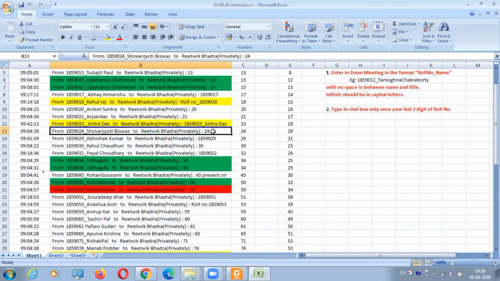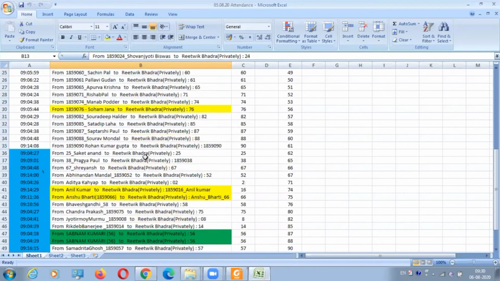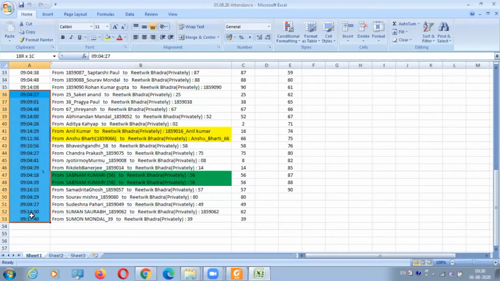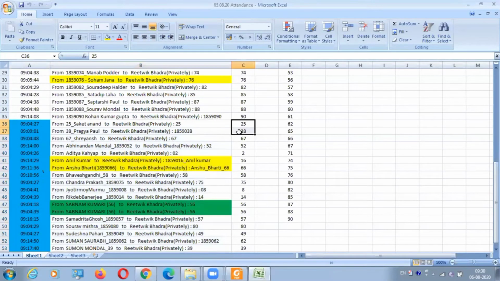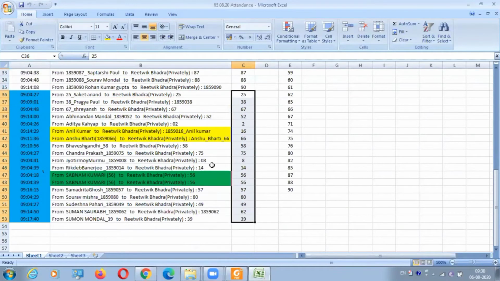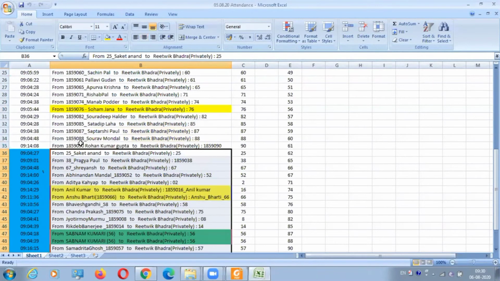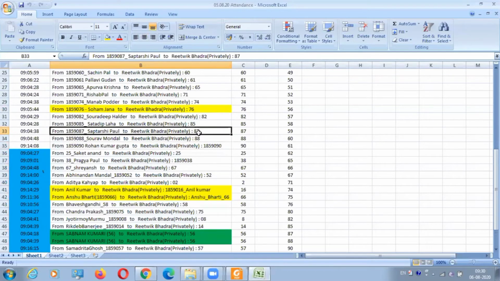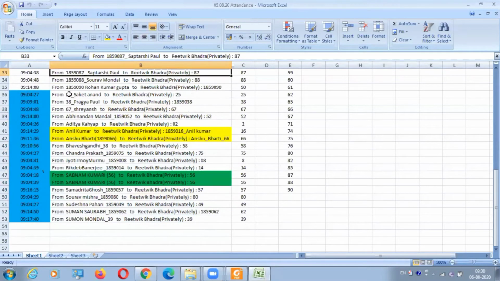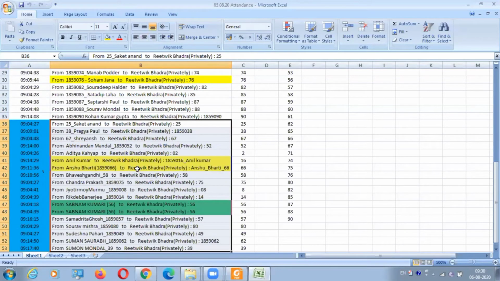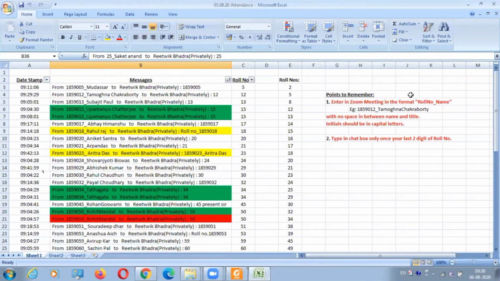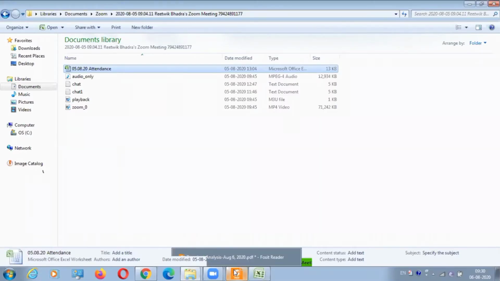If you are late also in the first session, just enter your last two digits. See, last two digits only. If all these numbers are different, they will come out of the format, and I have to check again and again for these numbers. From tomorrow, these roll numbers will not get attendance, I am telling you. The only format is roll number underscore name with no space, like Saurabh underscore Mondal, and last two digits in your chat box. That's what I mean. All these are different, so that's why I have marked them different. For today and yesterday, I'll give all the attendances I have marked. But from tomorrow, you just take care of that.